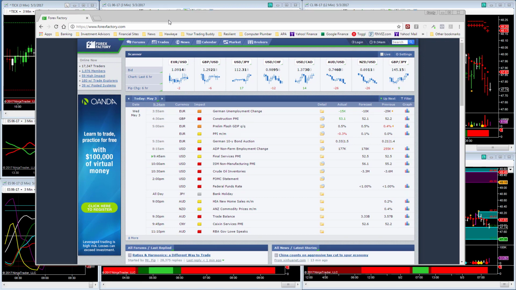And here is the Forex Factory, which is my go-to source for getting impact news information. This morning you can see that at 8:15 we had the non-farm employment change, which was very positive. They were expecting a huge amount before. They saw a big drawdown from that, and we were actually even better than that. So that's good news. Okay, we've got 10 o'clock ISM non-manufacturing PMI reports, crude oil inventories out at 10:30, and then at 2 o'clock today, FOMC and the funds rates.